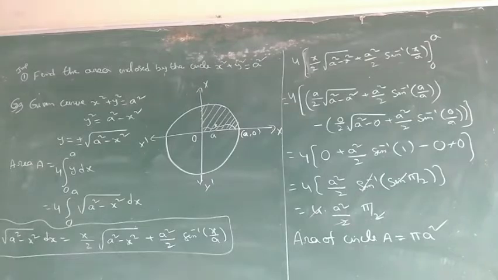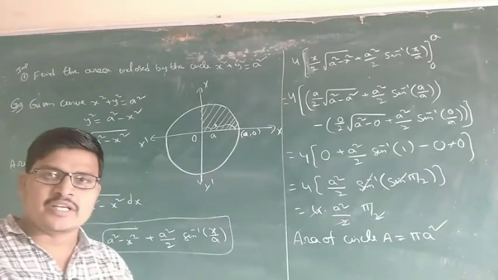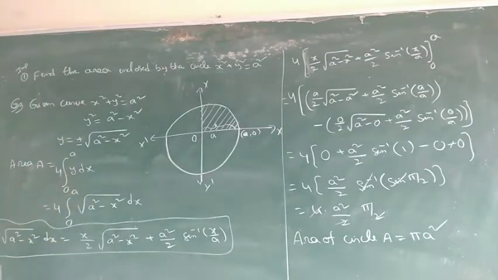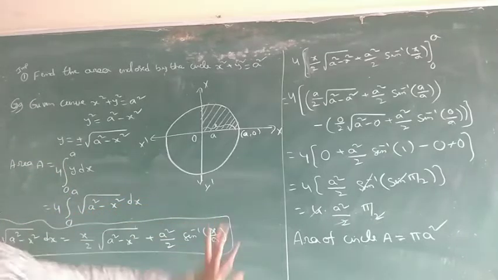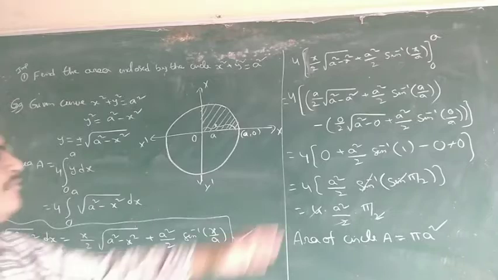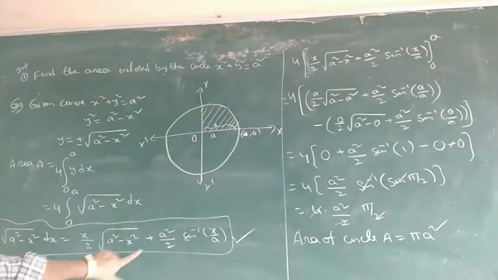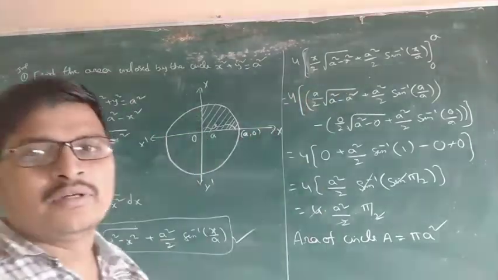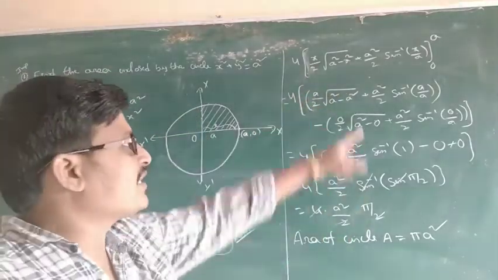The first main point: the circle equation is converted into y is equal to something. Any circle or ellipse or any type of curve, first we have to reduce into y is equal to something. Then integration. This is the direct formula in integration. What is the formula? This is the formula. So first the formula, direct, then the answer. Apply the first upper limit in x, x is equal to a. Next, x is equal to 0.